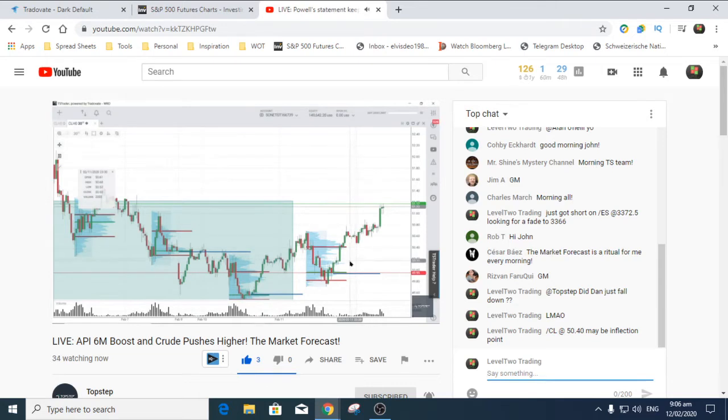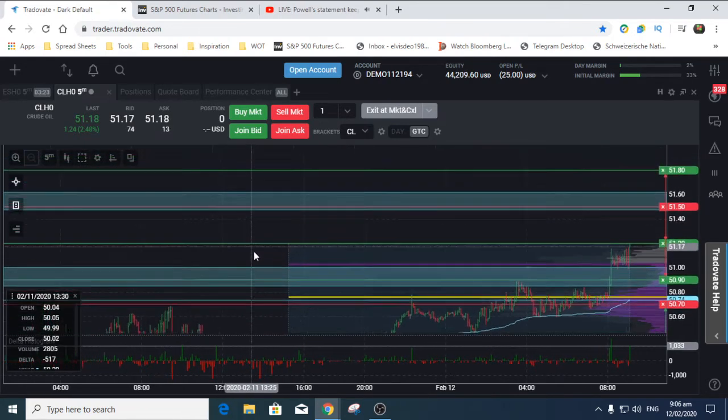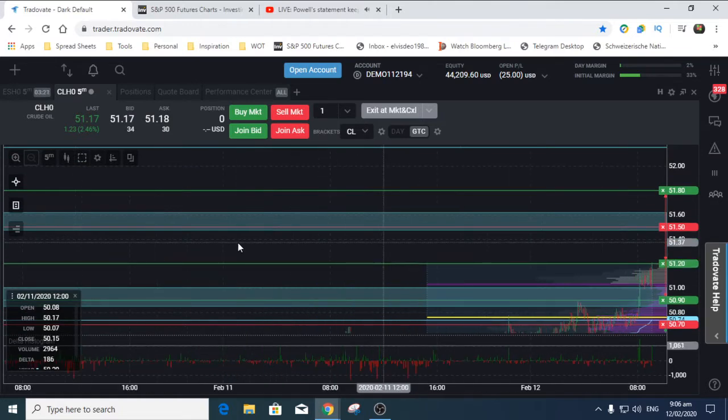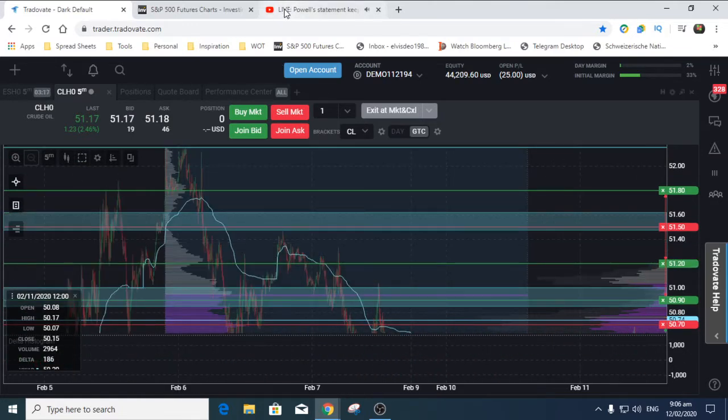It appears as though the relaxation or the subsiding of the COVID-19 fears have gotten into crude oil as well. So just keeping an eye on what's going on here. I don't know that we've left the opening range at the high or the low now. We continue to keep pushing to the upside. What are the opportunities up there?